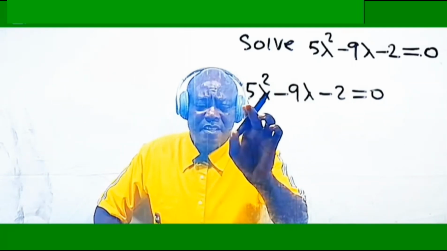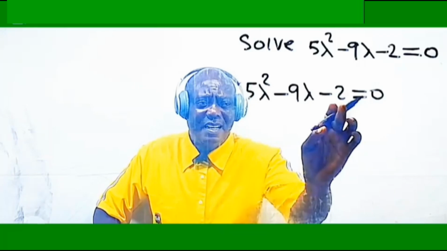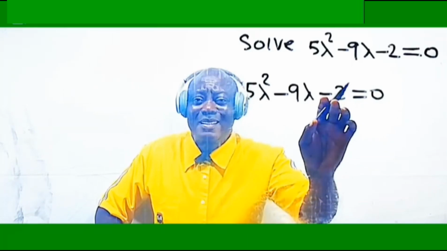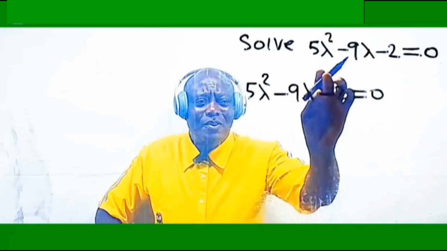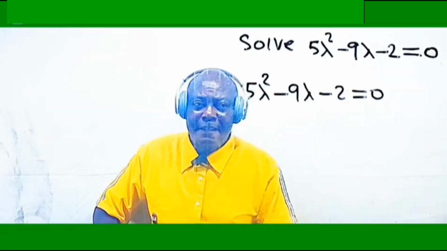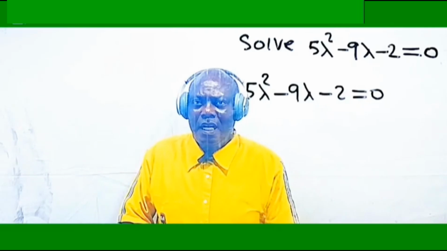What is the leading coefficient here? It is 5. Multiply it by the constant here, which is −2. So instead of saying −2 here, what you have is −10 mathematically. So after −10,